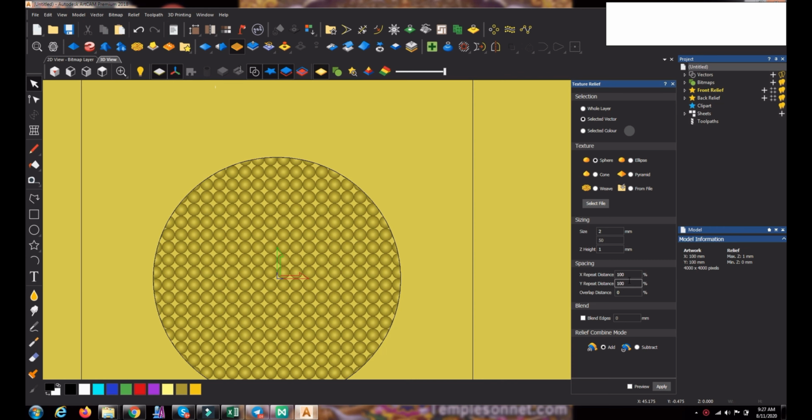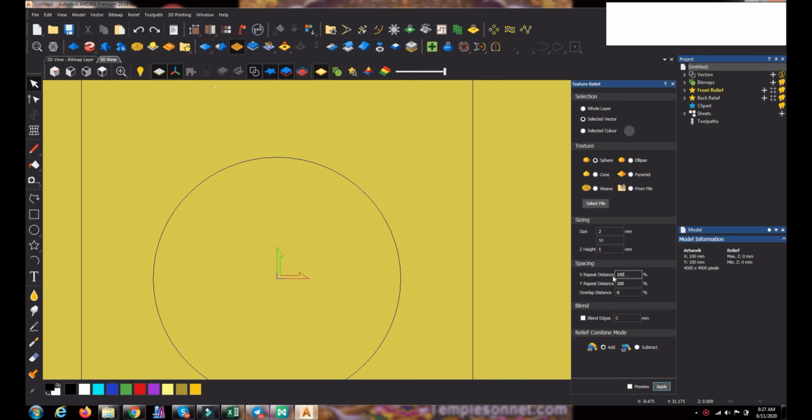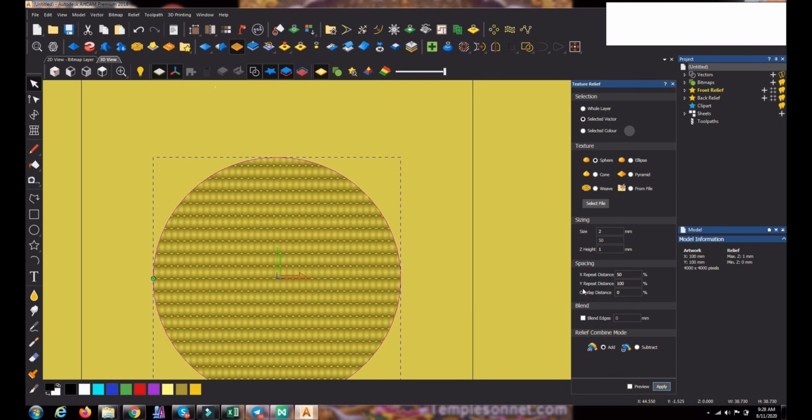Now if you shift it, undo this one, I'm giving the value 50 here. So in X distance it will shift 50, every row it will shift 50%. Apply. So the distance spacing that we have given